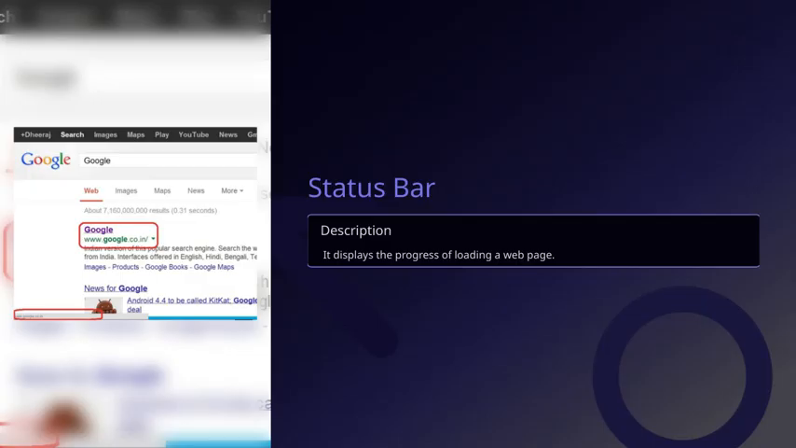Now, let's take a look at the status bar. As you can see, it provides a visual indication of the progress as a web page loads. This is really helpful because it gives users a clear sense of how much longer they might need to wait before the page is fully loaded. The key point here is that the status bar acts as a progress indicator, making the browsing experience smoother and